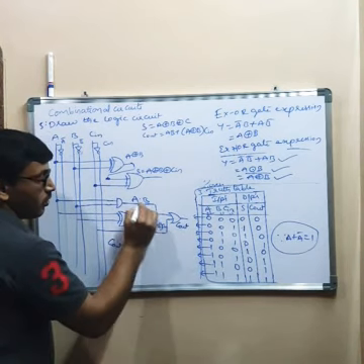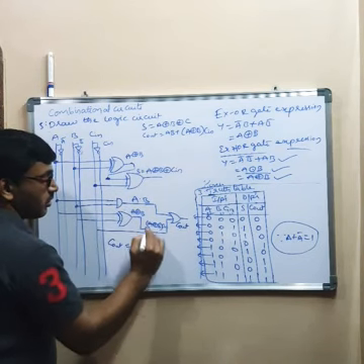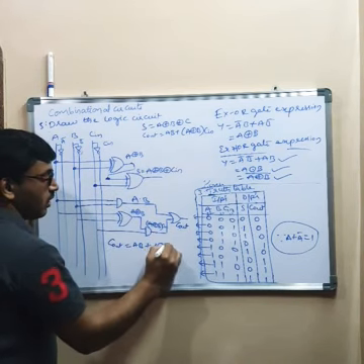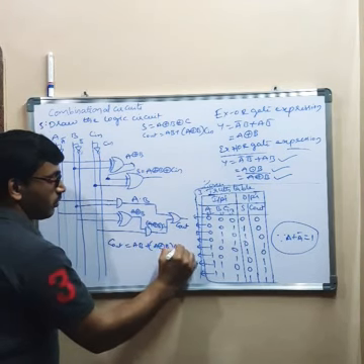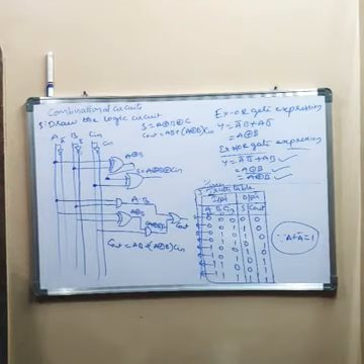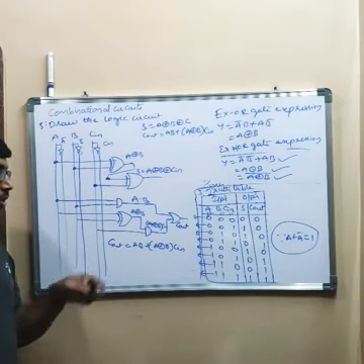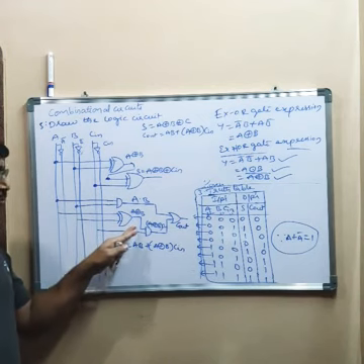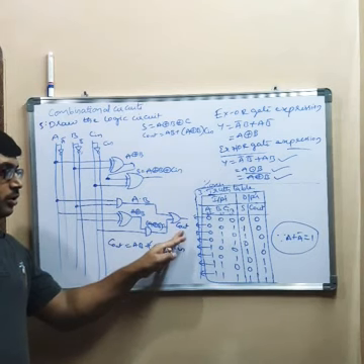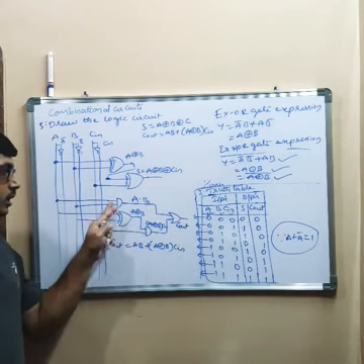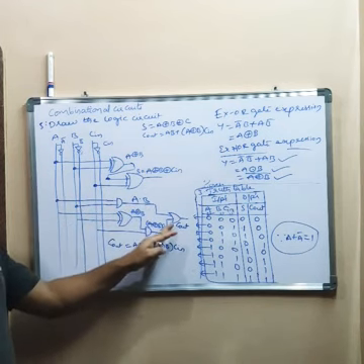C out is equal to AB plus A XOR B into C. Sometimes in the examination they will give a logic circuit. By looking at the logic circuit you have to write the expression. So C out is equal to, you have an AND gate here. What are the variables connected to this? AB. So it will be AB.